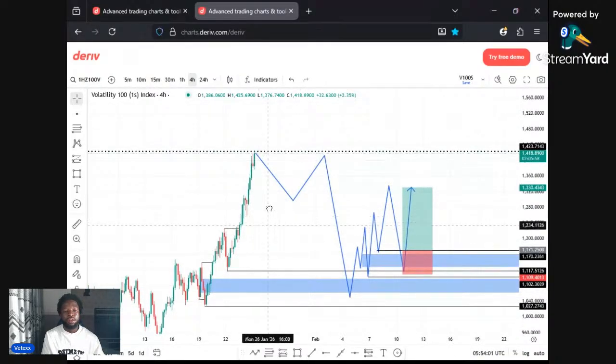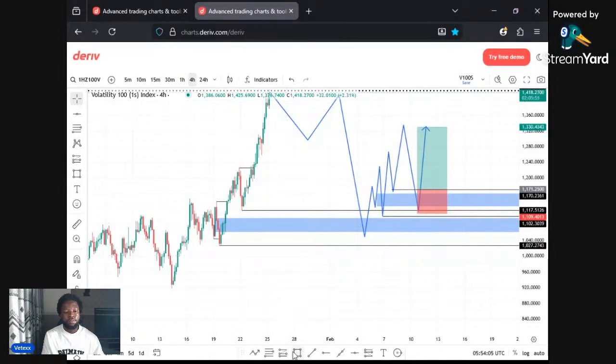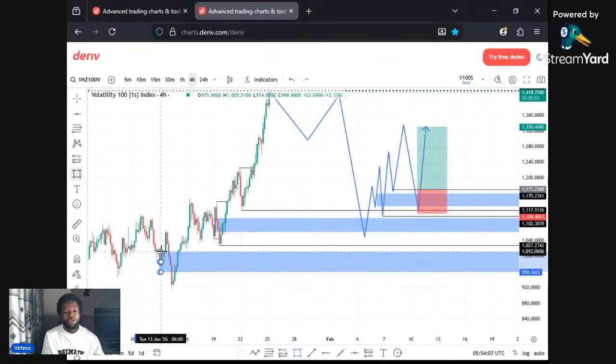Okay, but price hasn't done that yet. So this is the recent point of interest, and this is another point of interest below here. If you have been following me, you can use your eyes to mark it out. This is our sweep of liquidity number one. This is our second row, first break of structure. Price retrace 50% to give us another liquidity, which is structural liquidity to be taken out. And price take out the newly created low, giving us our second break of structure, and this below is